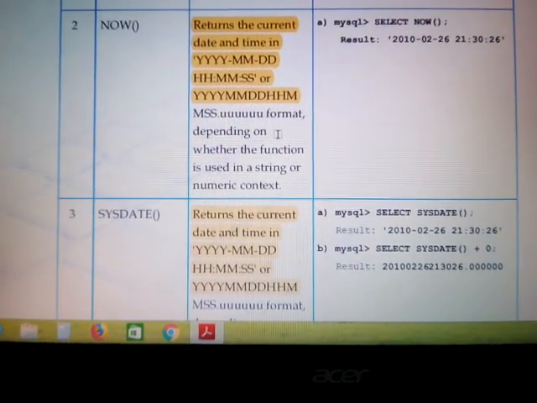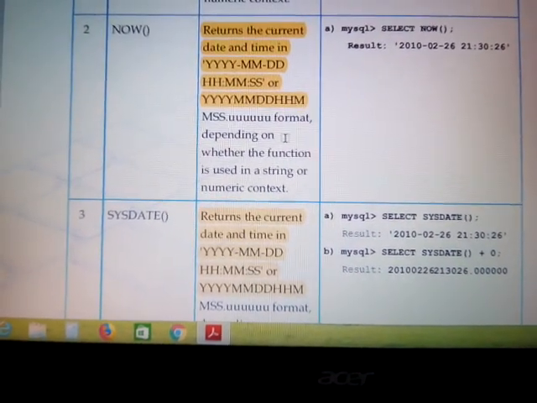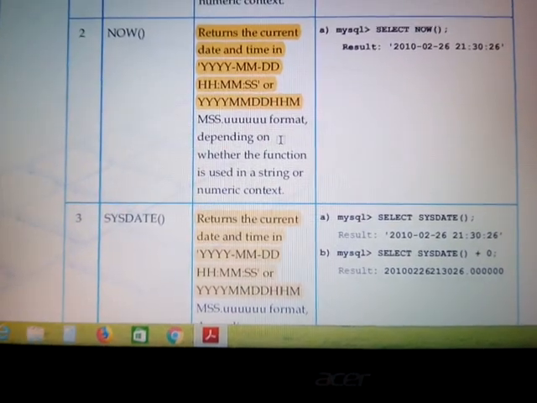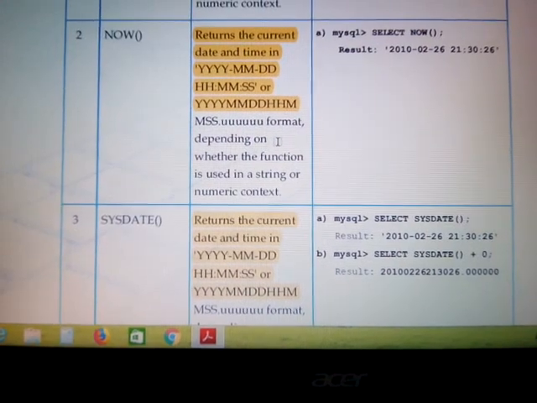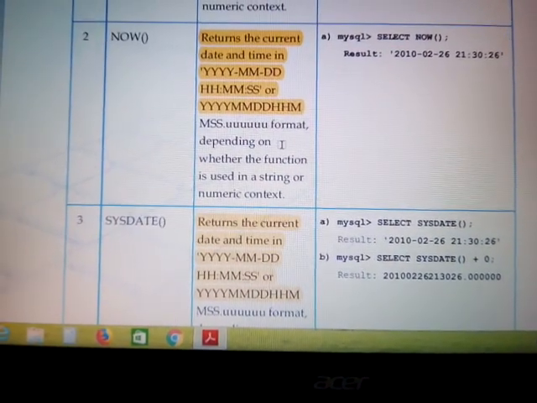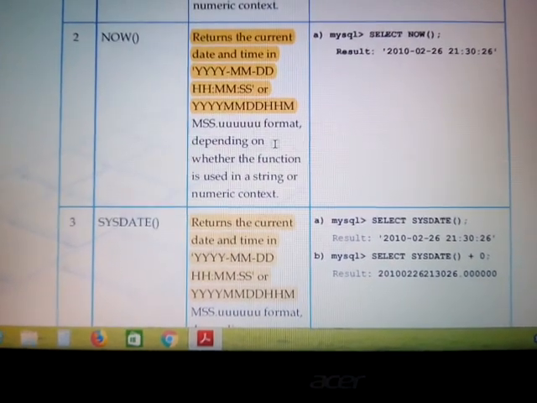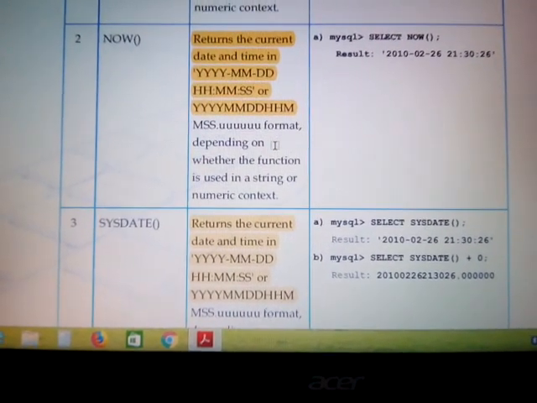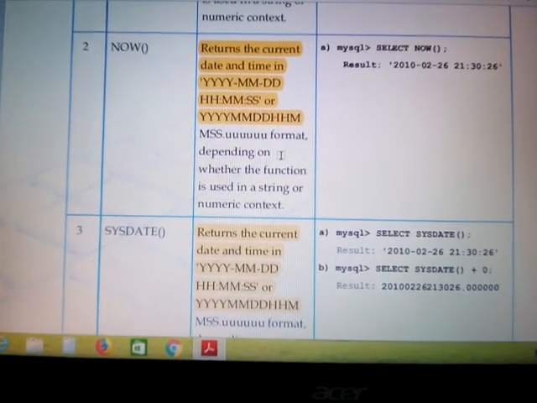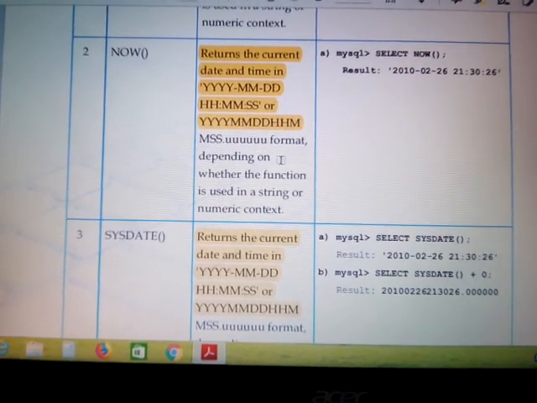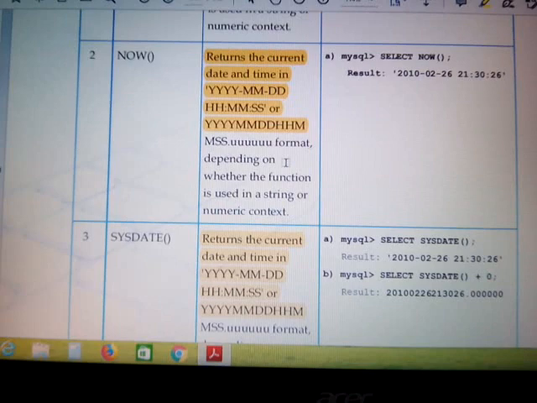See, the NOW function tells you the time at which the statement began to execute, while SYSDATE will tell you the exact time. Just imagine, suppose we have written SELECT NOW, and as soon as I have written it the timing is 9:30 and 01 second.